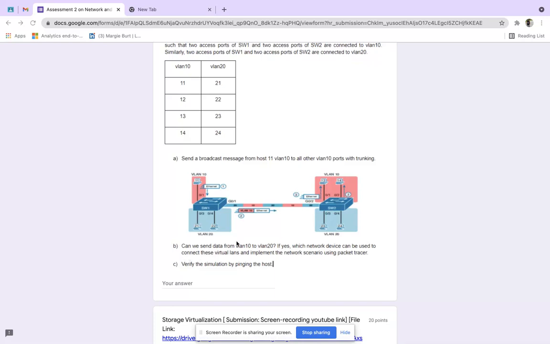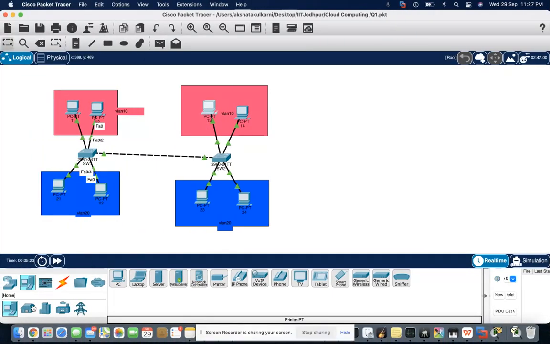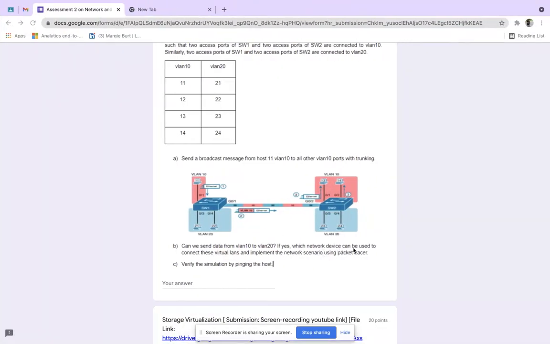The network device is a router; here we can see these are the routers. The router is the device which helps to connect these virtual LANs and implement the network scenario using Packet Tracer.